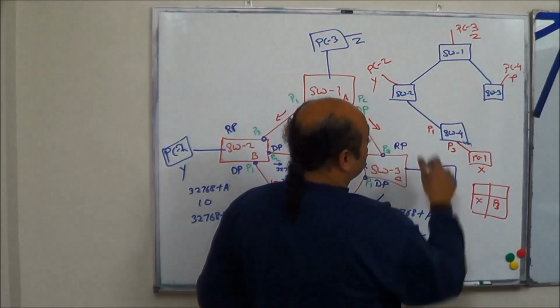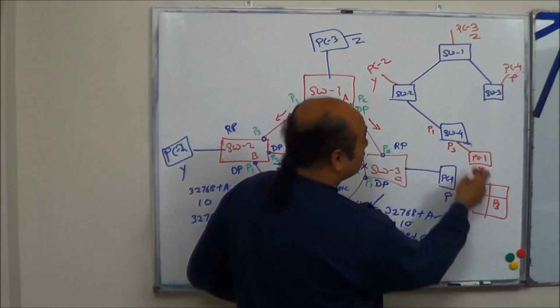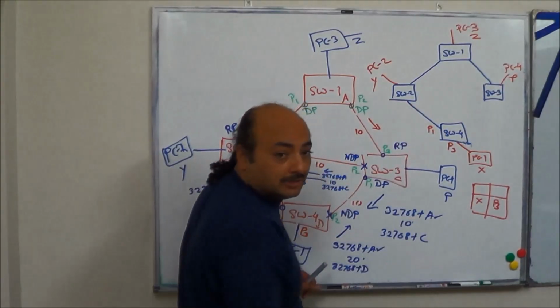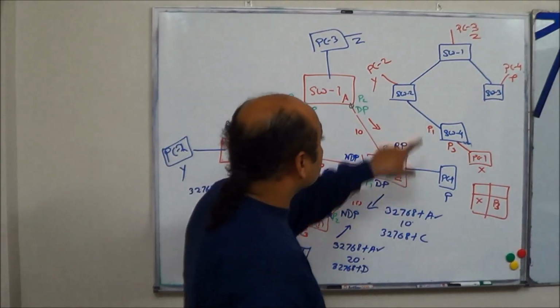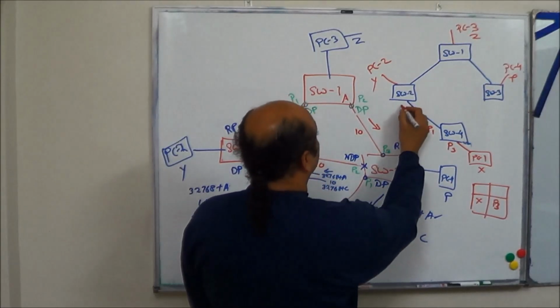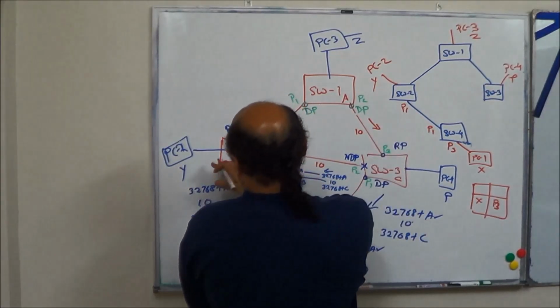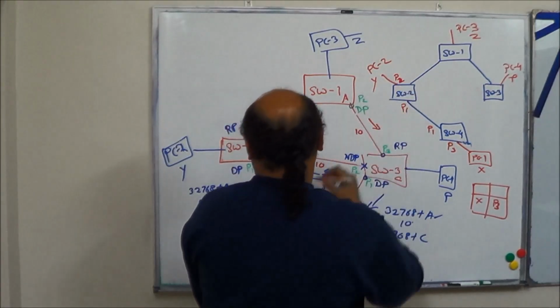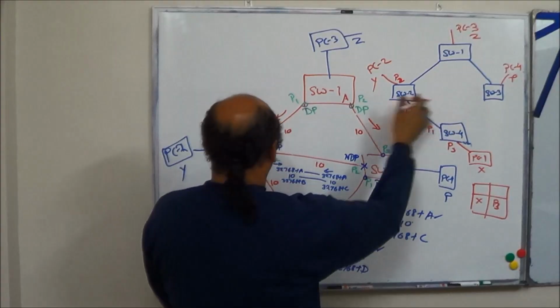Destination MAC address is Z, is it in the MAC table? No. It will flood it, but where will it flood? Only one port is available, so it floods it to P1. This is switch 2. What port was this? P1. And this is, let's say, P3. P2 is already blocked.